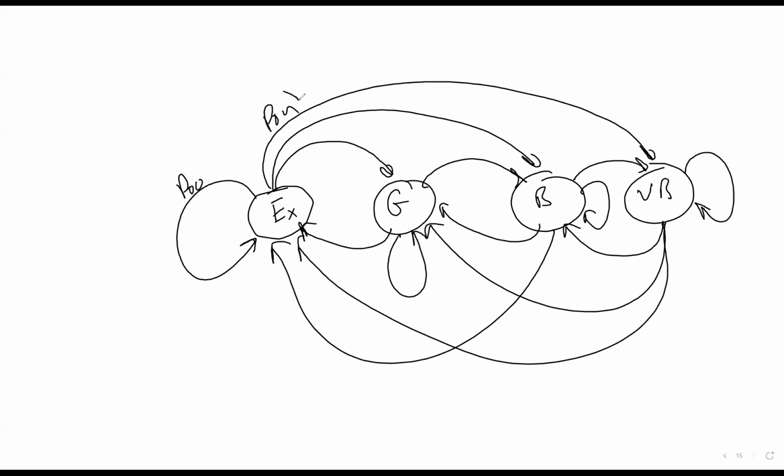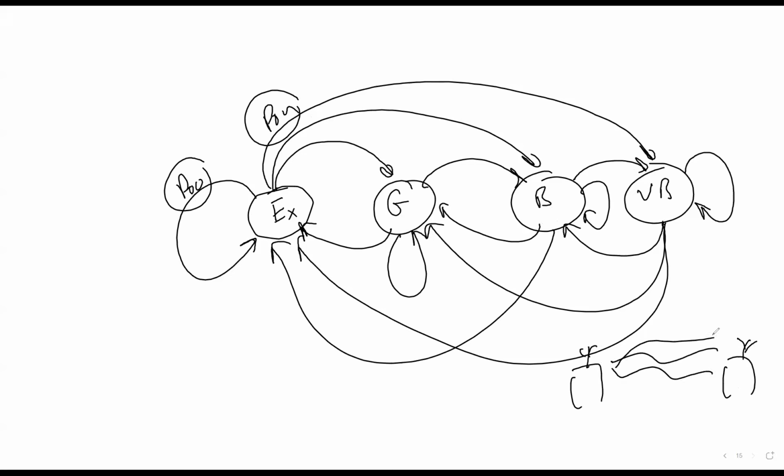Okay, where do we get these probabilities? We can obtain these probabilities by measurement. If we have a transmitter and receiver, we come to a certain area, for example, and then we start to measure. We divide, for example, if the signal to noise ratio is greater than 20 dB, then we have an excellent channel. If the signal to noise ratio is less than 20 dB but greater than, let's say, 10 dB, we call it a good channel. And so you define the signal to noise ratio for each situation,